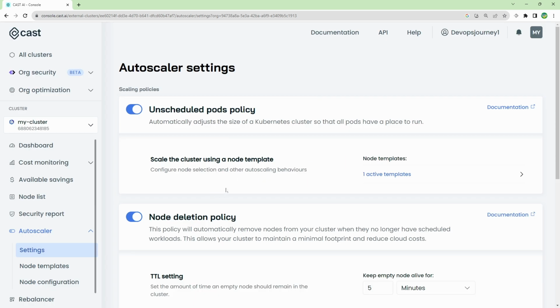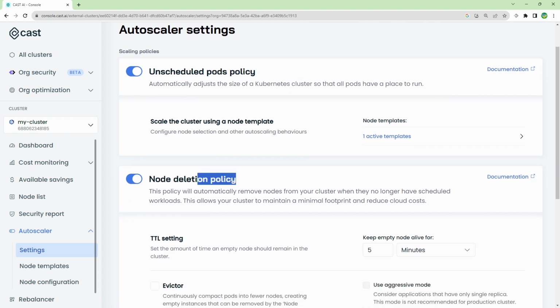Now, another feature that you're going to want to enable, if you don't already have this enabled by default, is the node deletion policy. And this is going to save you a lot of money. Basically, what this policy does is it removes nodes when you no longer need them. So in today's environment, if you're using Kubernetes, most likely your workload is a dynamic workload. So there's going to be peak times during the day where you need additional nodes, but there's also going to be dips in your workload where you're not getting as much traffic. And when that happens, you're going to want your autoscaler to actually remove those nodes so you're not paying money